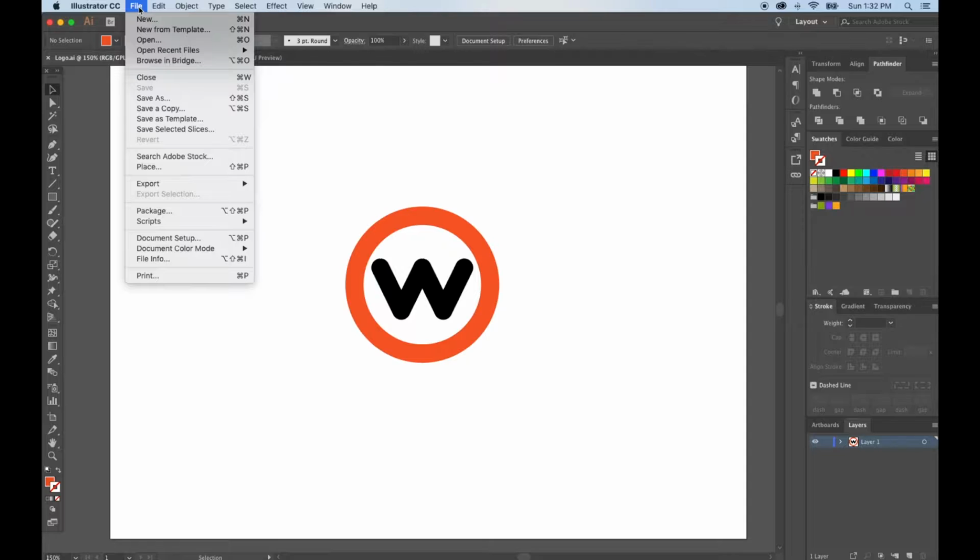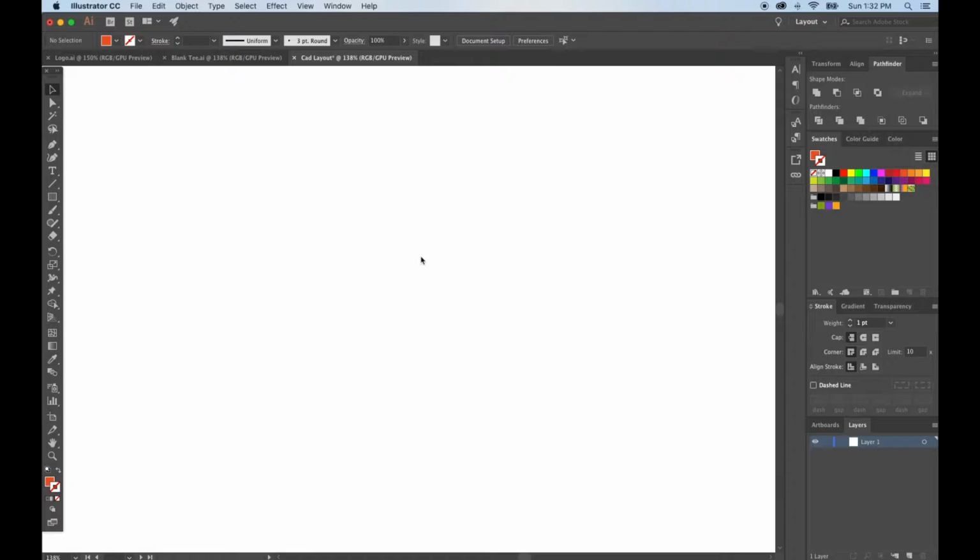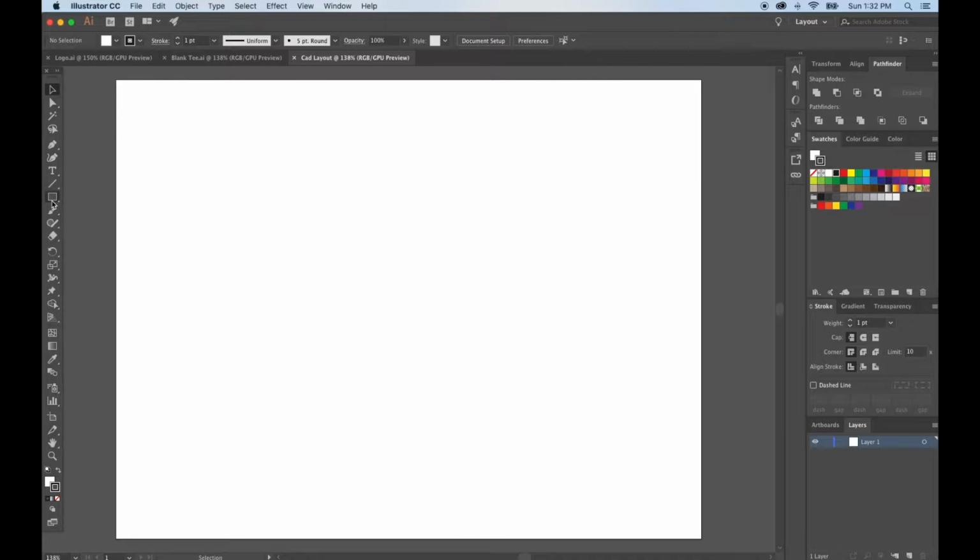We're going to create a new document, so File, New. I like to use 8.5 letter because it's easier for the client to print out. We're going to name it Cad Layout. Let's double check: 8.5 by 11, color mode RGB, 300 DPI. Let's create that. The first step that I like to do is use the rectangle tool, and we're going